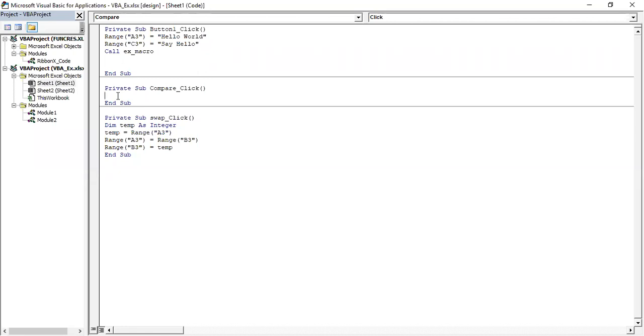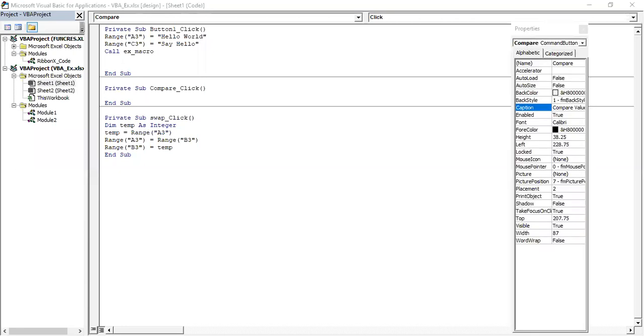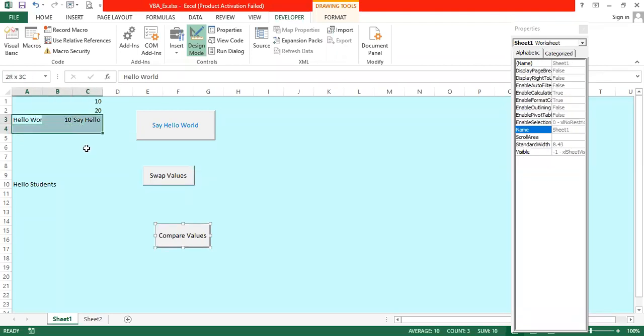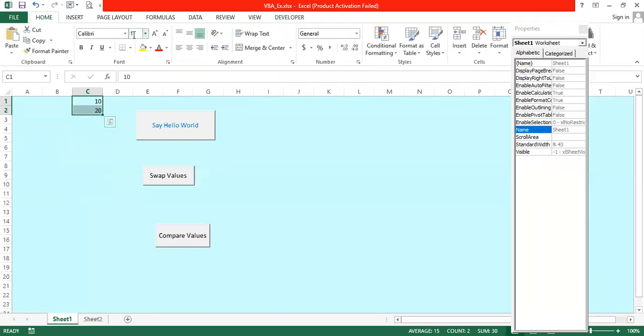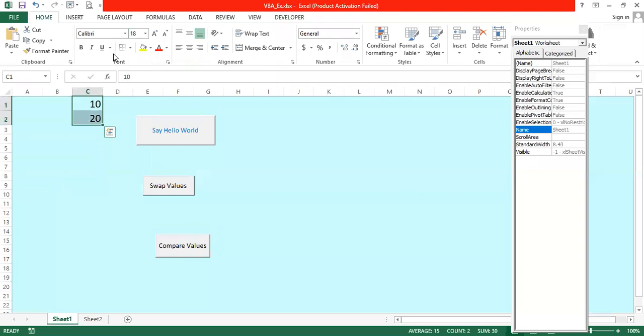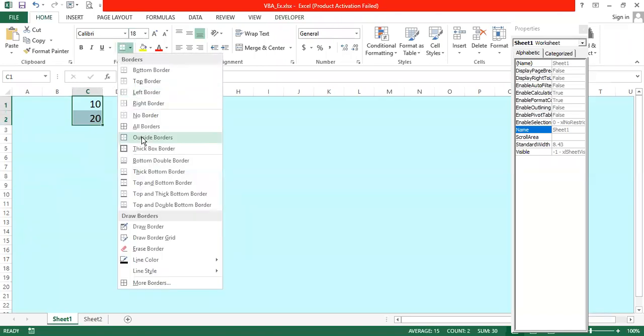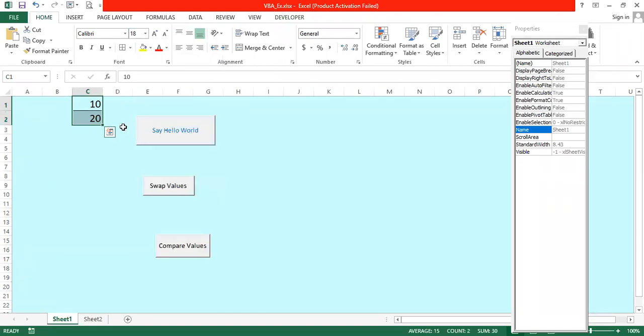So the cell values we have here. Let me delete all those unnecessary things. So C1 and C2, let us compare. I'll give all borders also for this.